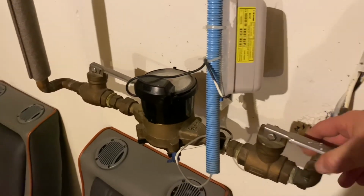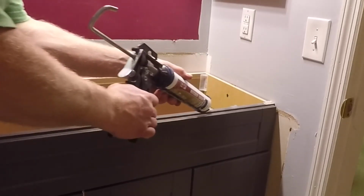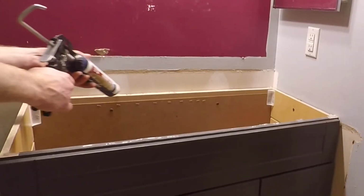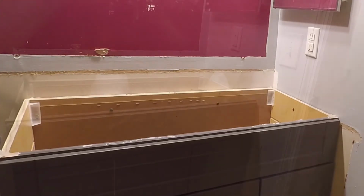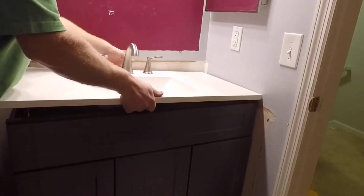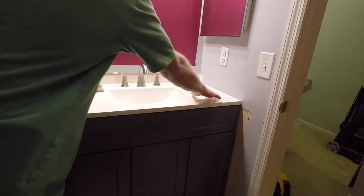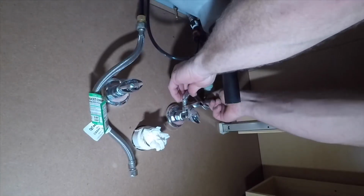Then I'm going to prep the cabinet for the vanity top. I'll run around the edge of the cabinet with some silicone. I'll go all the way around the edges. Make sure that all the edges are covered, and then I can take my vanity top and set it on top of the cabinet. Make sure it goes all the way into the corner and press it down into the silicone and go underneath and hook up my supply lines